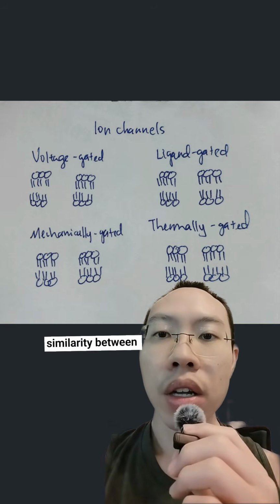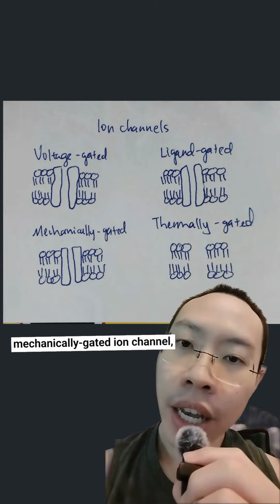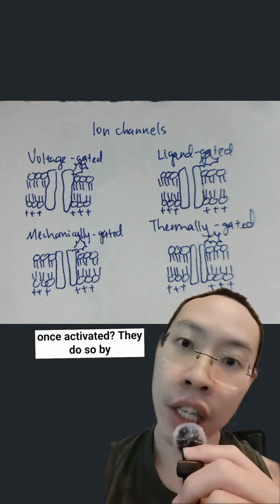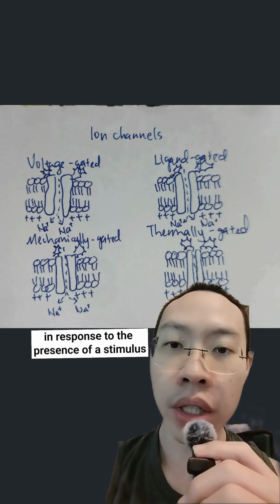Did you know that the similarity between voltage-gated ion channel, ligand-gated ion channel, mechanically gated ion channel, and the thermally gated ion channel is that they alter the membrane potential once activated? They do so by changing their permeability for different ions in response to the presence of a stimulus they are